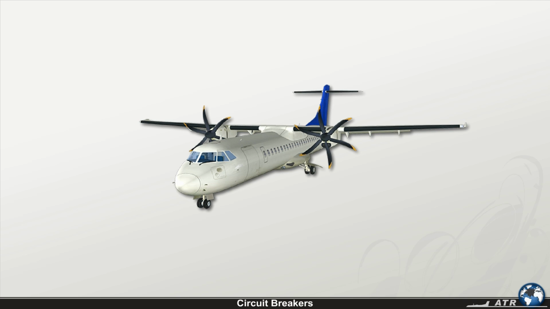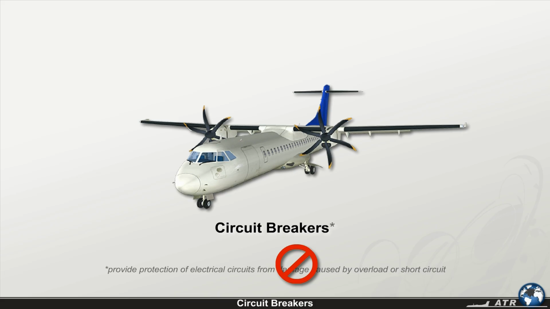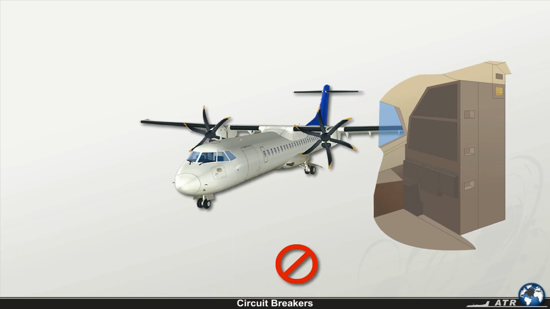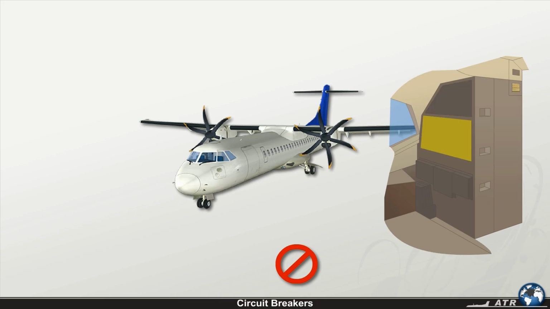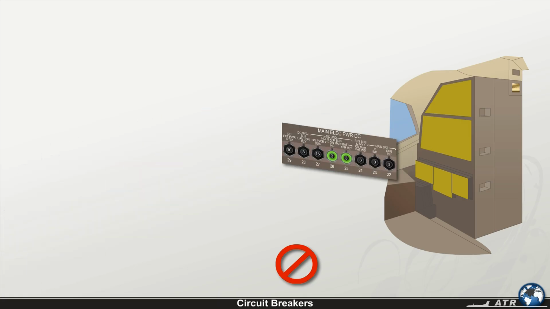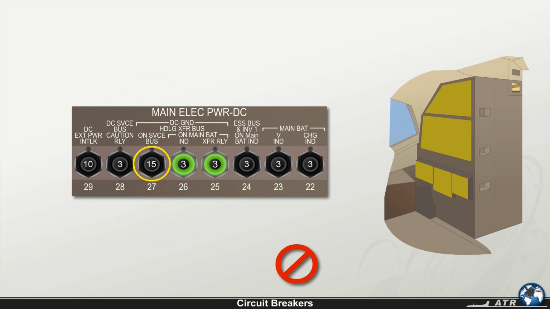For all the systems that are electrically supplied, circuit breakers provide protection from damage caused by overload or short circuit. These circuit breakers are located behind the first officer's seat as part of the electric rack and adjacent to the overhead panel. Their normal position is in, and if a malfunction occurs, they pop out to open the respective circuit, thus indicating